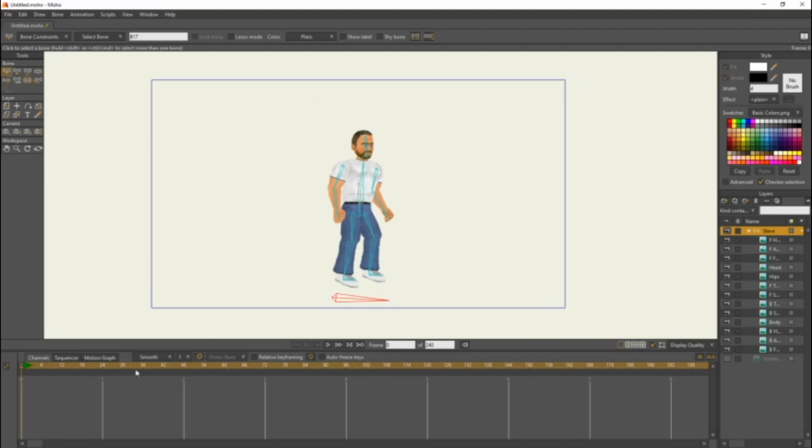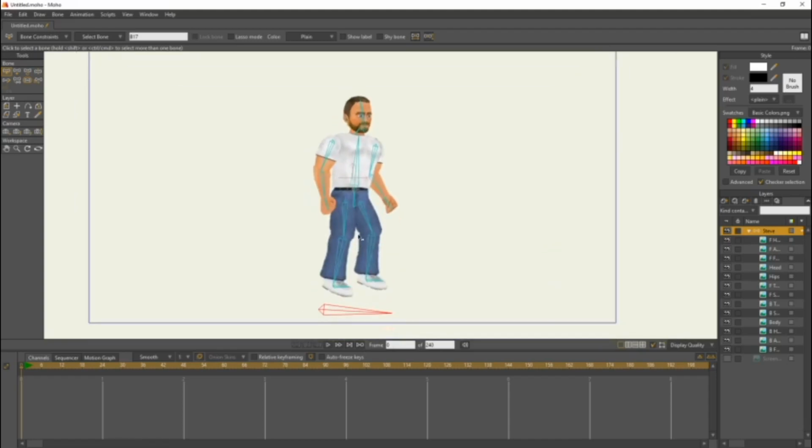So what you're going to want to do now is come down here to the timeline. We were on frame 0 this whole time. Make sure you were on frame 0 so there's not any issues. But now we're going to come over here to frame 1. Now this is where your animation starts, where your character starts the animation. So we're going to say we want him to start on the left side and we want him to walk to the right side. So we're going to come up here to the bone tool, to manipulate bones.